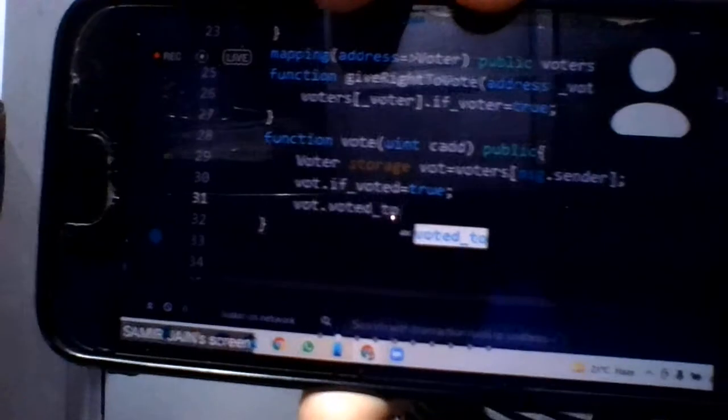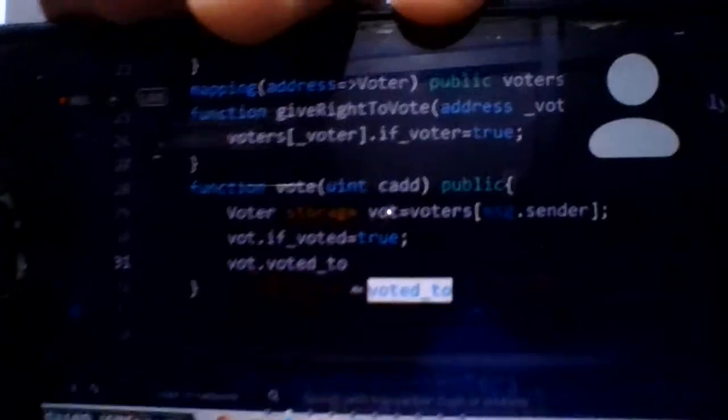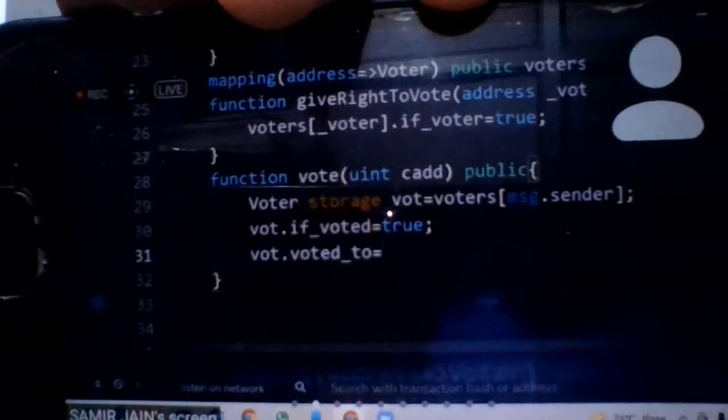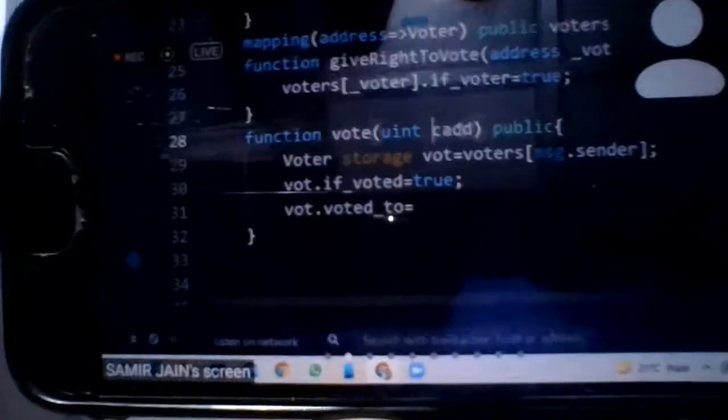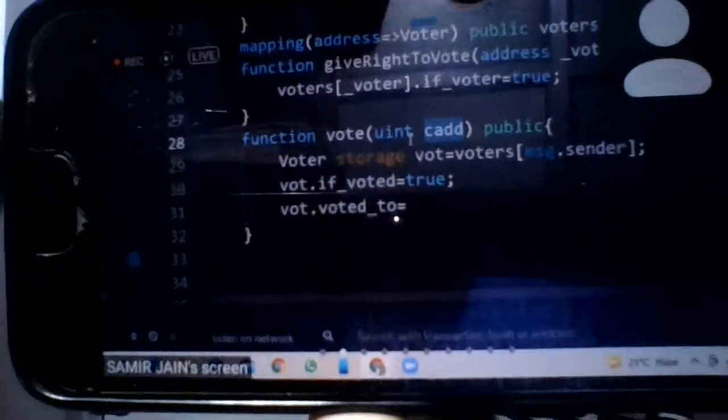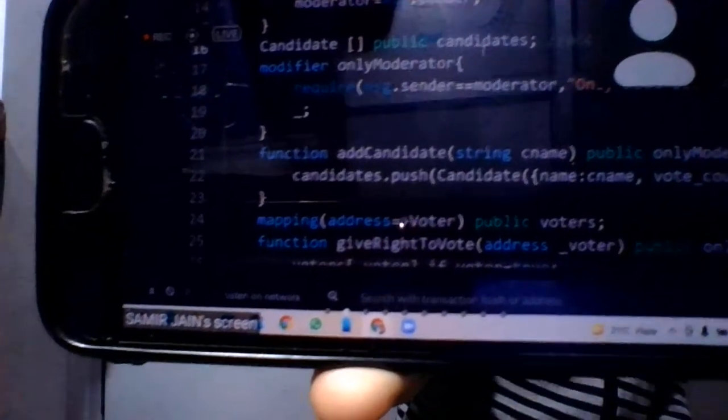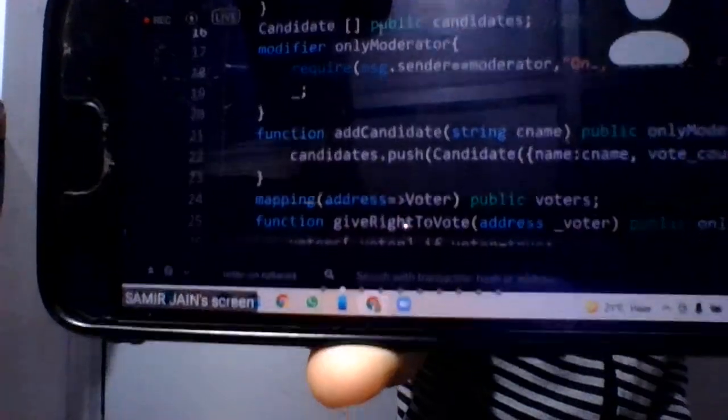Now vote dot voted to, so whom he has voted to. This is the index of that candidate, so using that index we can go to the candidate. Okay, so how can we do that?